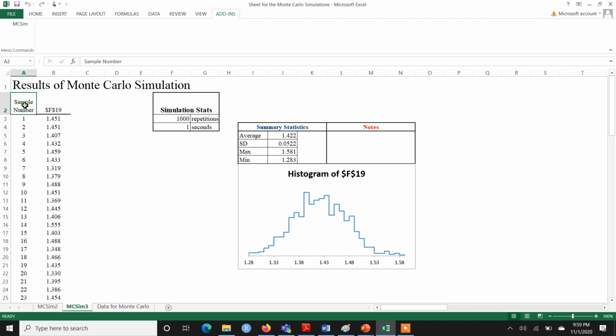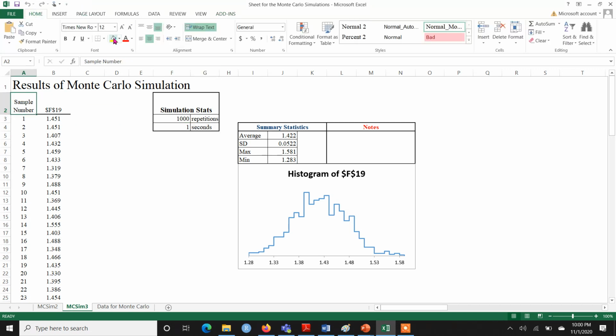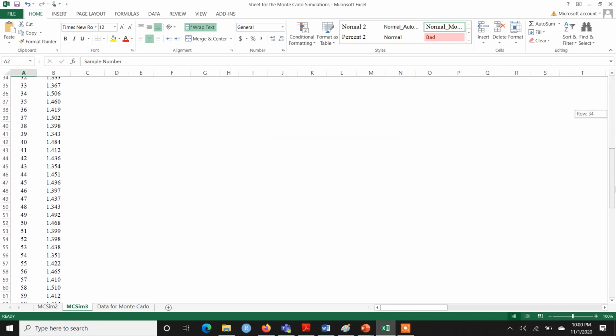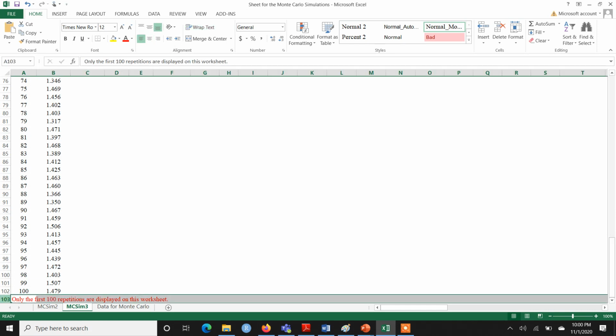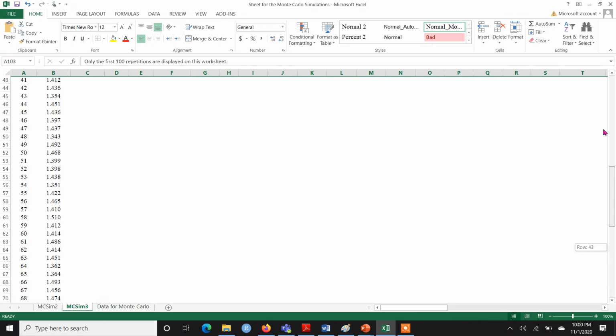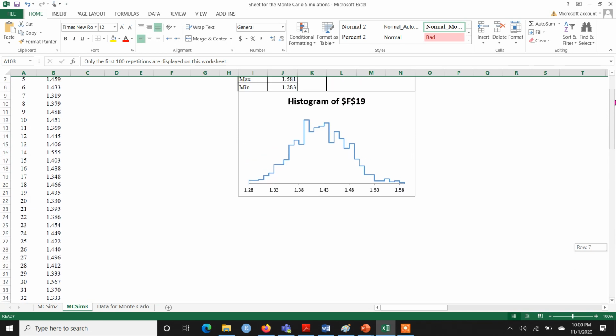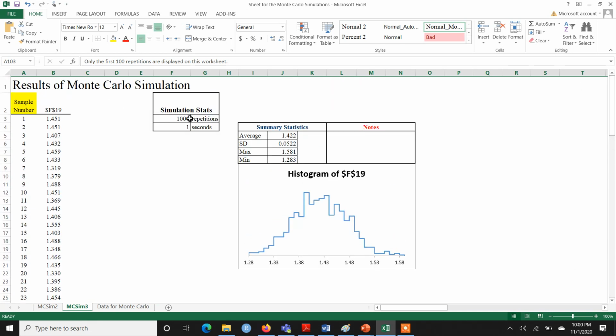Notice that there is a heading called sample number, and if you keep dragging downward, it mentions that the output is restricted to 100 repetitions, but don't worry, the actual background simulations are 1000, that is, 1000 times a random sample has been drawn.